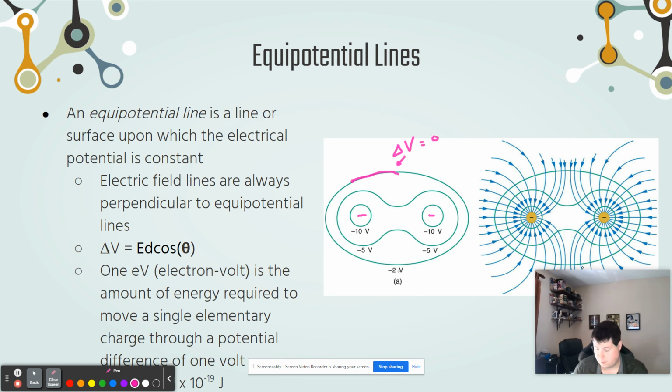In fact, the electrical potential there is -2. If I were to move from there to there, though, then I would be moving from -2 to -5. So that change in voltage would be 3 volts. I'm going from -2 to -5. And then if I were going from this one to this one, that's from -5 to -10. So my change in voltage would be 5 volts. So that's what electrical potential lines show me, is that they're where all the electrical potential is